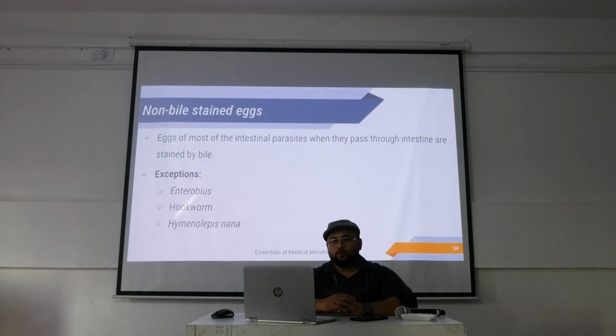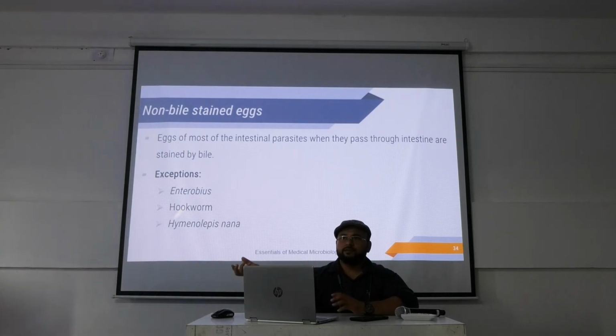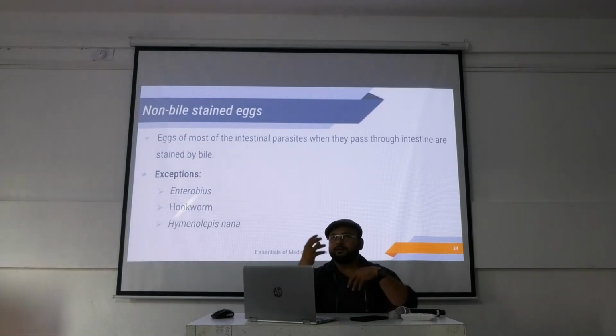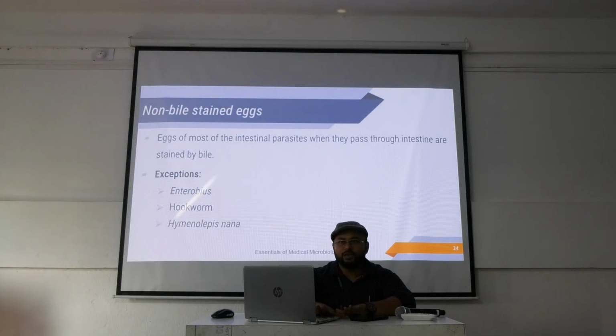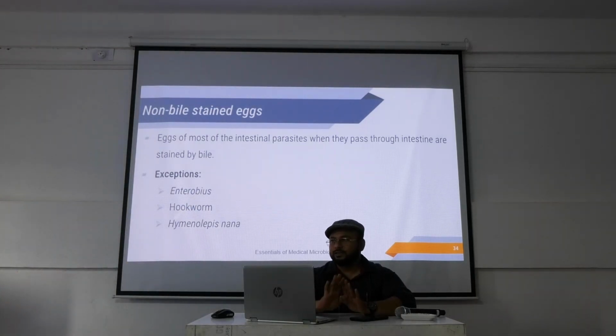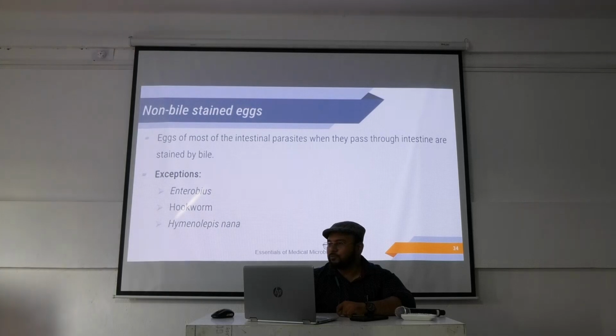এবার যেটা আসছি বলছিলাম, non bile stained eggs. Eggs of the most of the intestinal parasites when they pass through the intestine are stained by bile. কারণ আমরা জানি গলব্লাডার থেকে বাইল সিক্রেশনস হচ্ছে, এই বাইলটা যখন এগস এর সাথে মিক্সড হচ্ছে, they retain the color of the bile, রাইট? সেই জন্যই নাম আসছে বাইল স্টেইনড এগস। এক্সেপশনস কিছু আছে, কারা এই বাইল স্টেনটা নেয় না? এন্টারোবিয়াস, হুকওয়ার্ম আর হাইমেনোলেপিস ন্যানা। এই তিনটে নাম তোমাদের মনে রাখতে হবেই। Everyone will be asked this question, যে বাইল স্টেন আর নন বাইল স্টেন এগের নাম বলো। তাহলে তিনটে হচ্ছে আমার নন বাইল স্টেন এগ, হয়ে গেল। এটা জানলেই আমার গল্প শেষ।